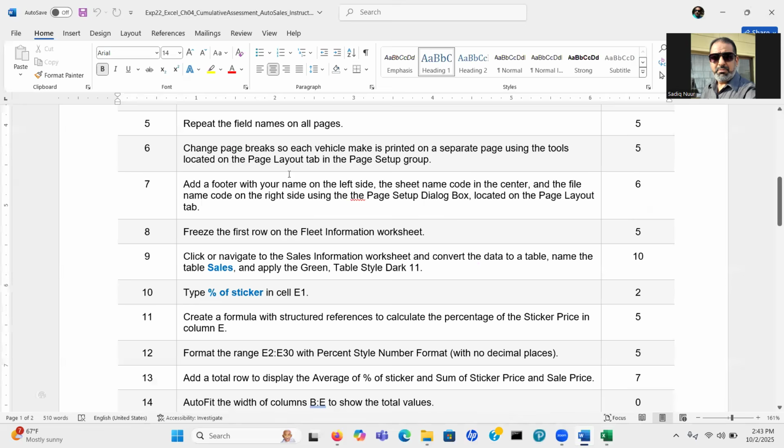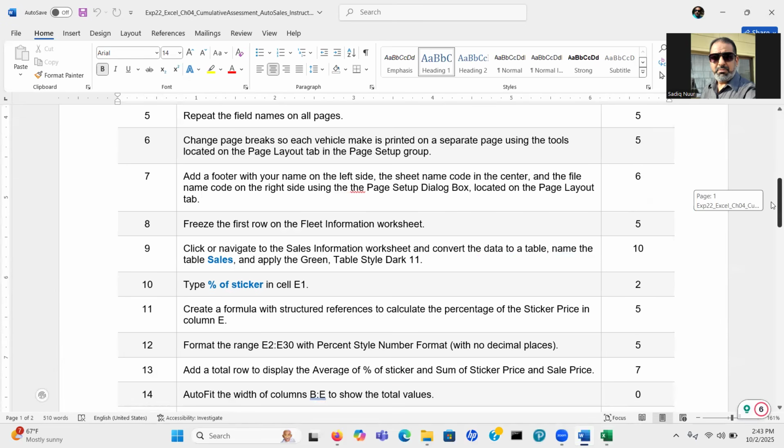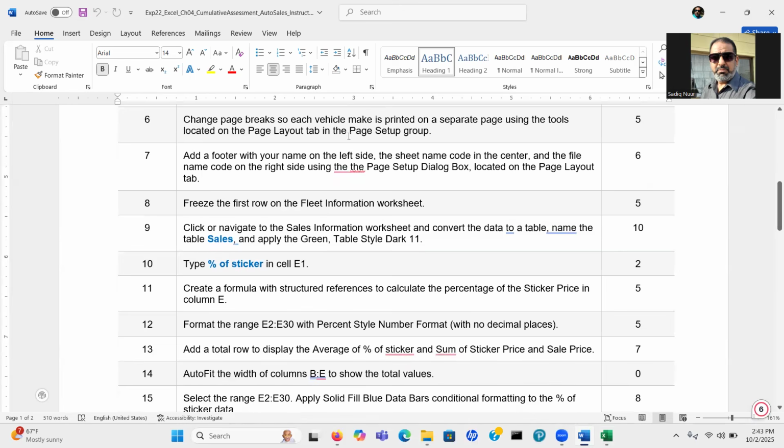Next, step number 6: change the page break so each vehicle make is printed on a separate page using the tool located on the Page Layout tab in the Page Setup group.